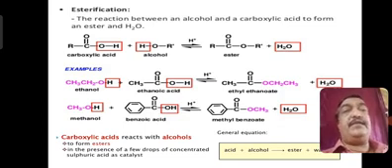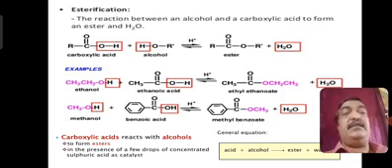So esterification is carboxylic acid and alcohol in the presence of sulfuric acid giving ester and water. If the similar reaction is carried out in reverse order, it is called hydrolysis. I have given two examples here. You can take ethanol plus acetic acid, C2H5OH and CH3COOH. The H of the alcohol and the OH of the carboxylic acid are eliminated as water to form ethyl ethanoate, that is ethyl acetate in general.